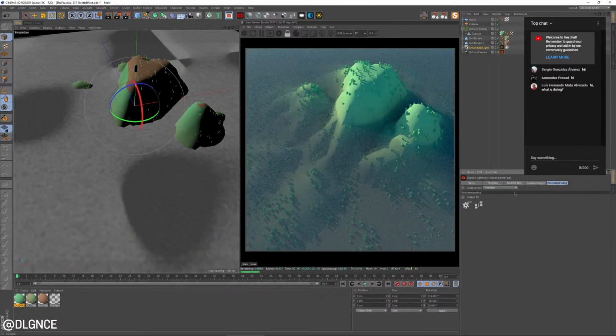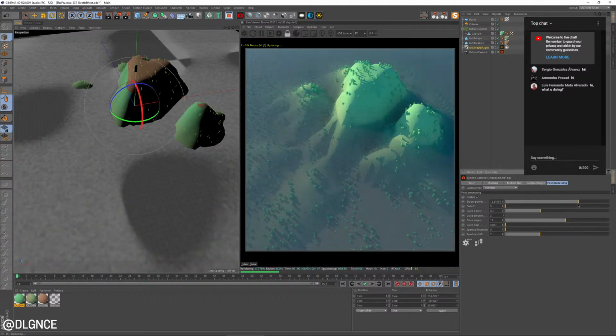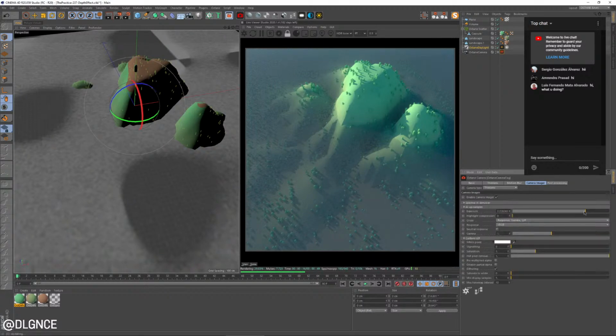And of course we can go in and enable some post-processing. What's a scene without a little bloom? Cool, now you can see relatively quickly we've set up kind of an interesting scene with some nice depth,